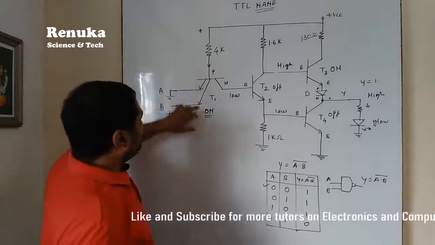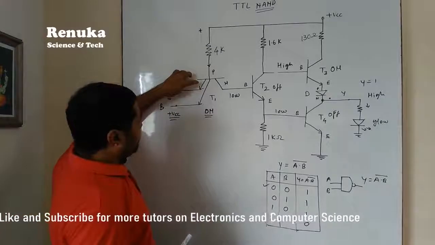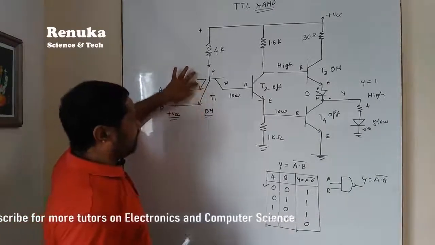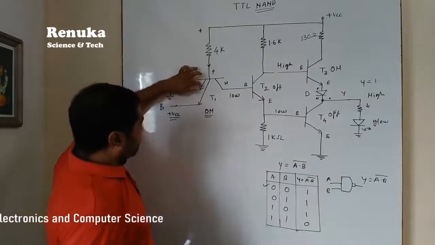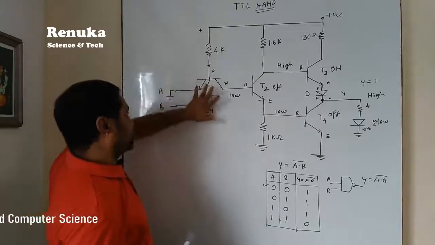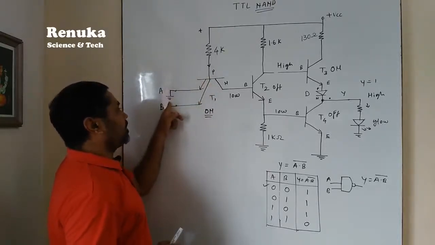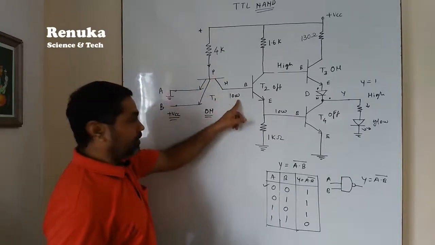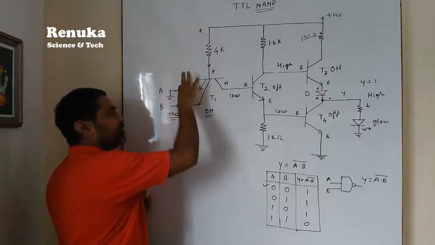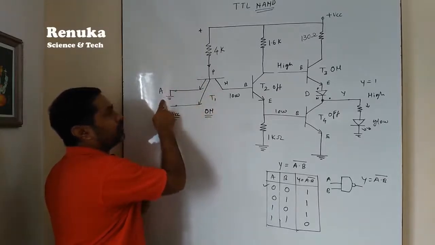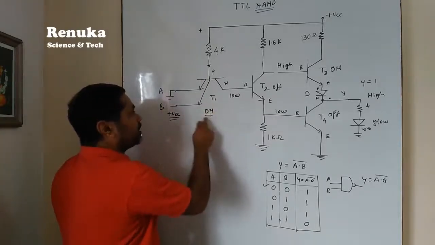In this case also, this is a multi-emitter transistor, that means the emitters are connected in parallel. In a parallel connection, if one of the terminals is on, then the current through the diode and the transistor will still flow towards ground. So all the current in this case also flows towards ground, and there is no current towards the output. If one of the inputs of this emitter is connected to ground, the current is still flowing towards the ground, so this transistor will still remain on.